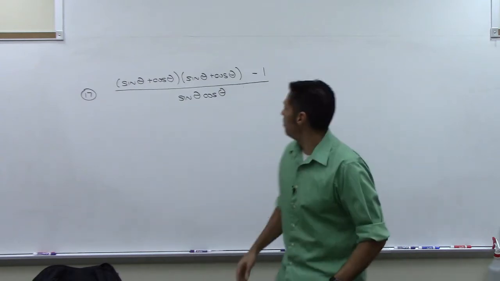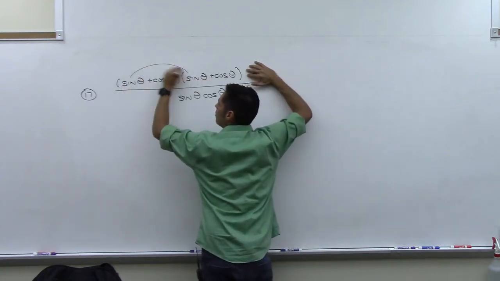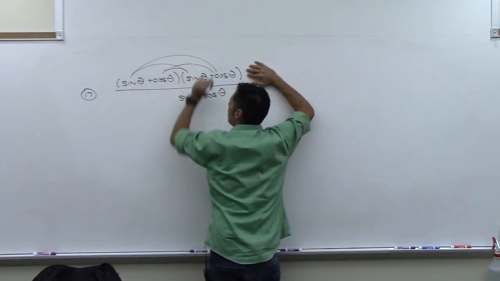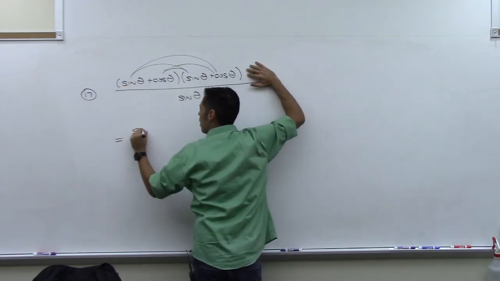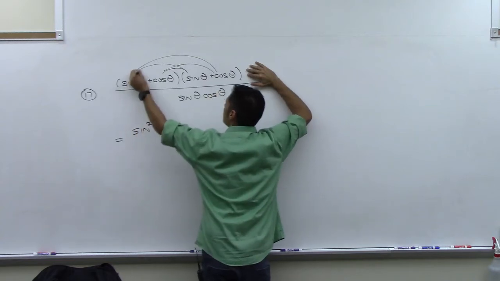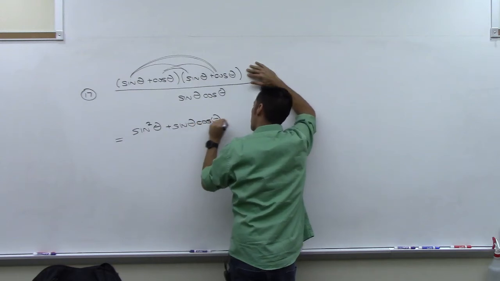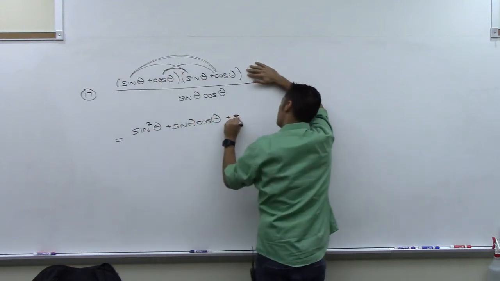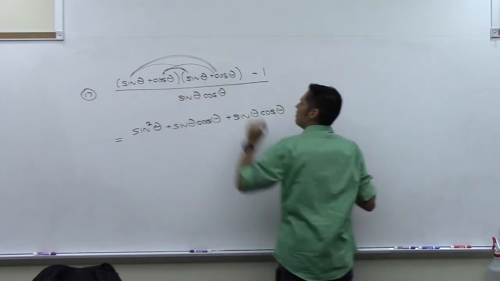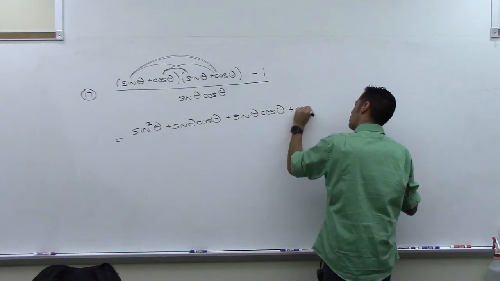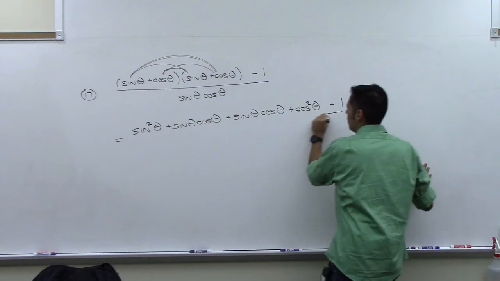All right, so when we multiply, notice this minus 1 is kind of by itself. So I need to multiply these two together. So I need to do this, this, this, right? So when I FOIL that out, I'm going to get sine times sine, which is sine squared theta. Then sine times cosine, which is, well, sine times cosine. And then my middle term, here and here, is another sine times cosine. And then my last one is cosine times cosine. They're both positive, so I should get cosine squared theta. And then don't forget I have the minus 1 out there. All of this over